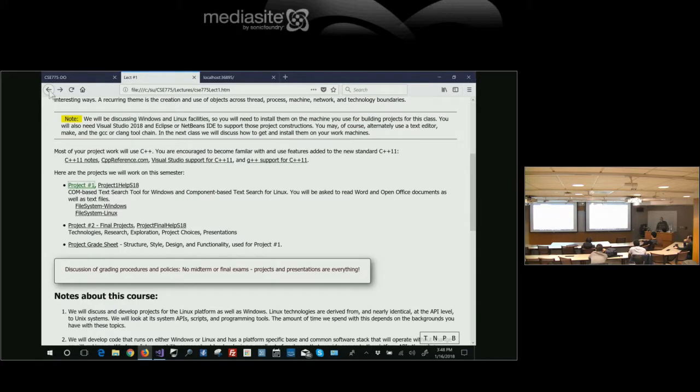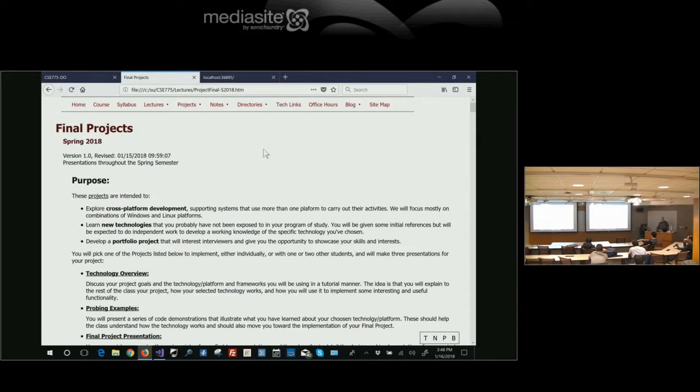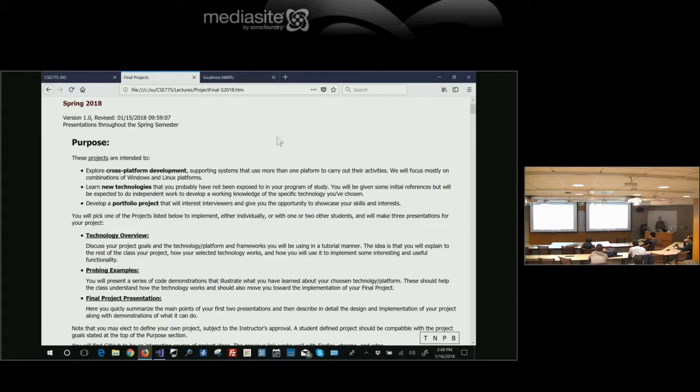So, final projects. The intent of the final project is to allow you to work on some cross-platform or cross-technology stuff. A lot of the projects involve that. And play with some stuff that you haven't done before.